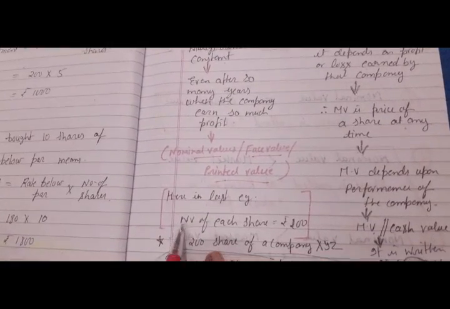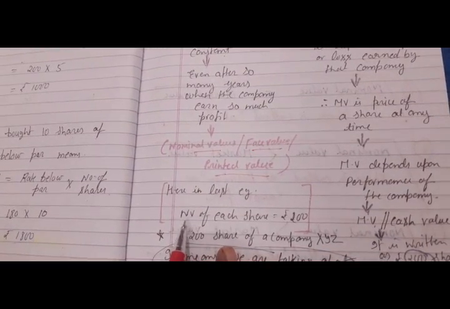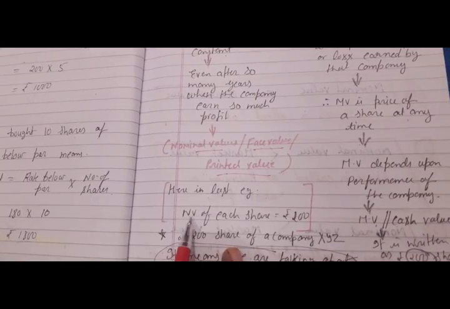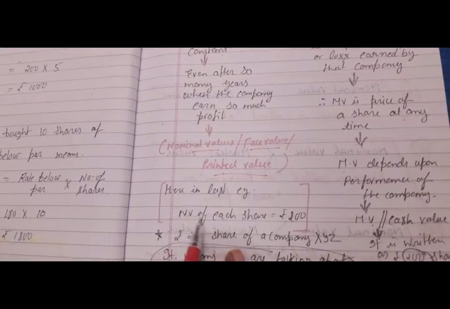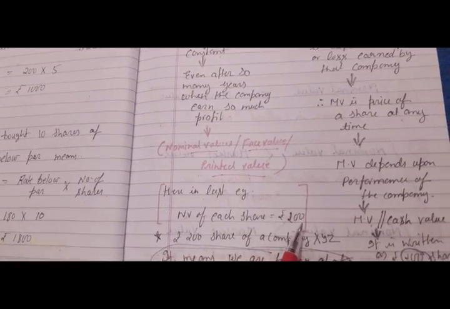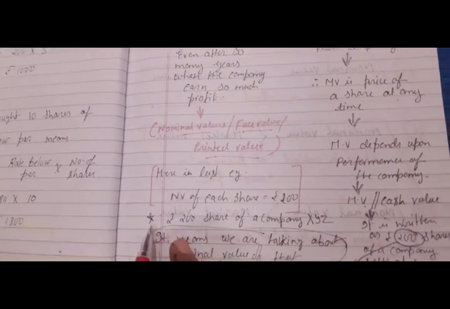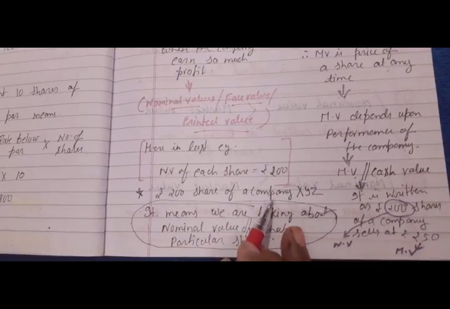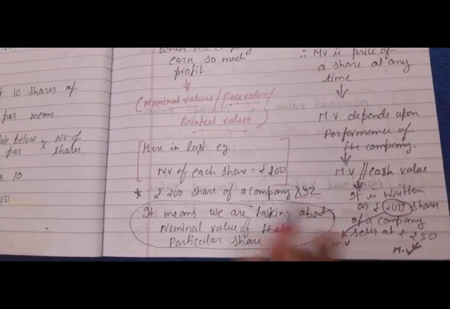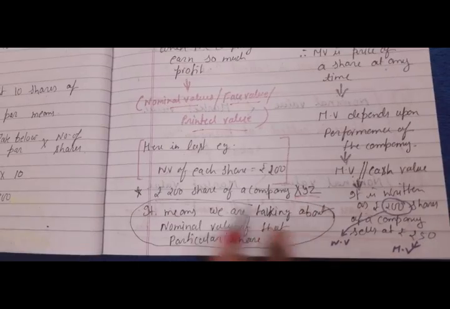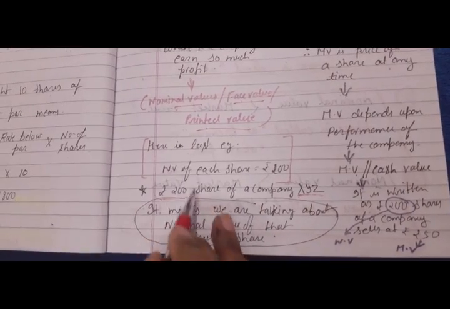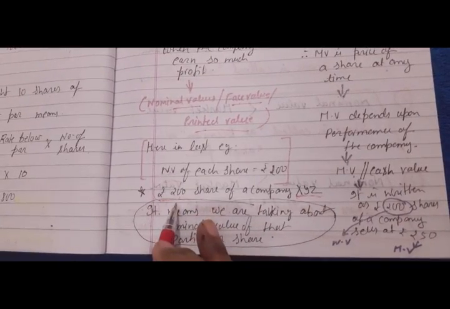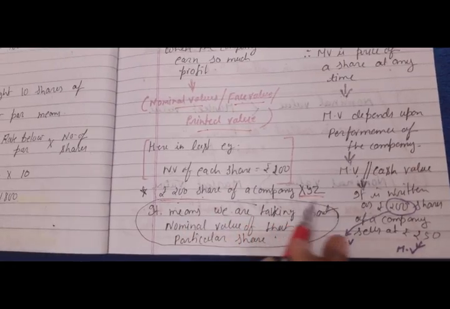In the last example I explained that NV is short form of nominal value. Here the NV of each share is rupees 200. How is it written in the question in your exercise? "Rupees 200 share of a company XYZ." This line says that rupees 200 is the nominal value, or original cost, of one share of